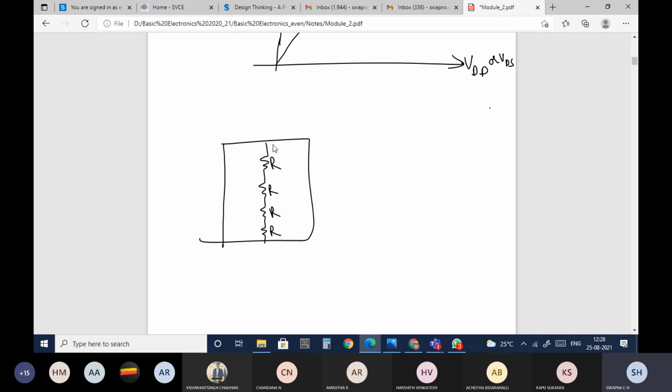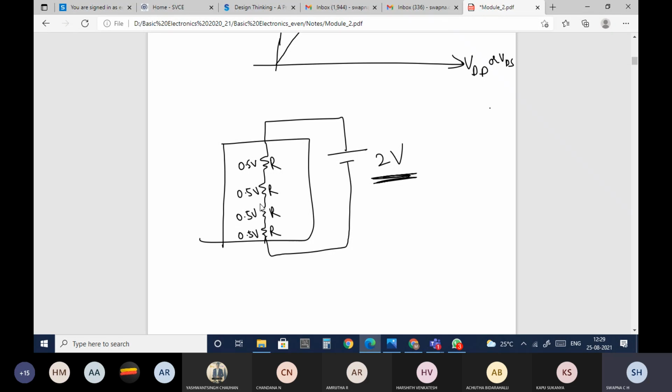Now we are connecting it to some voltage. Let me name that voltage as 2 volts. Since the resistance values are the same, the voltage drop across each resistor will be the same. Here it will be 0.5 volts, here also 0.5 volts, and here also 0.5 volts. Since uniform resistance, everywhere the voltage will be the same. This 2 volts will get divided equally across all the resistors. As an example, I am taking 2 volts.